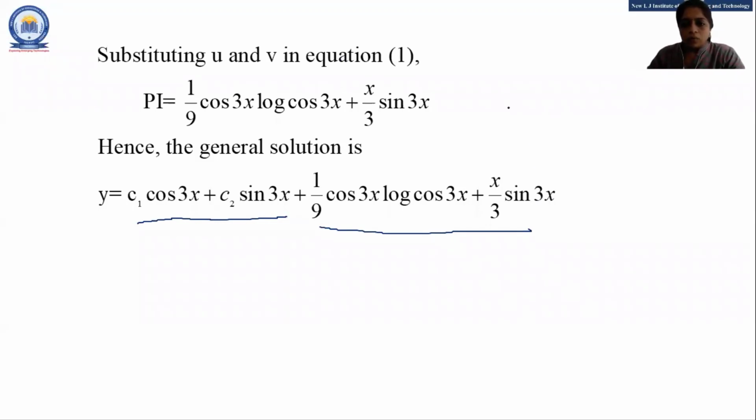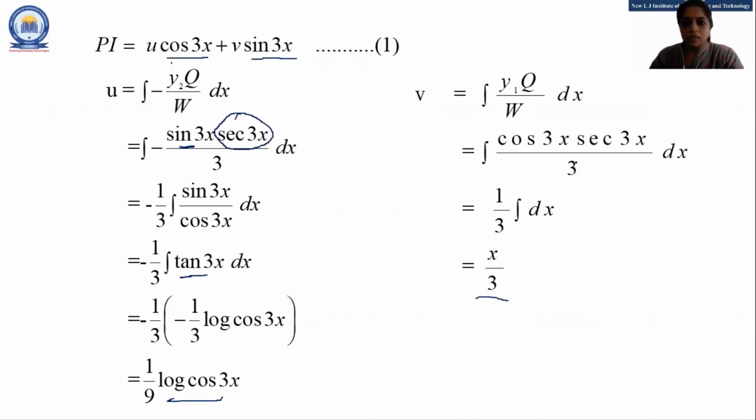Have you any doubt about this example or about this method, students? Let me ask. If you have no doubt, then give me a confirmation that you have no doubt. I want a response from all of you. Fast.